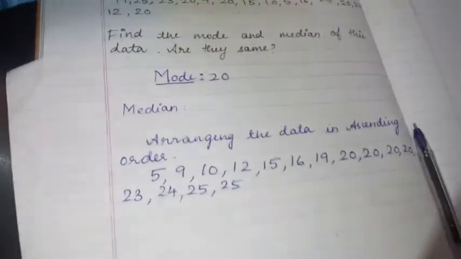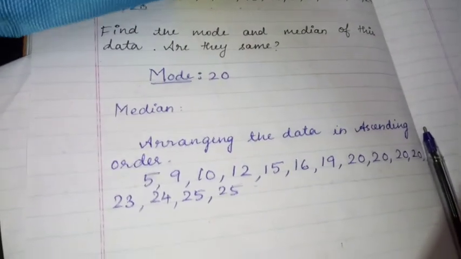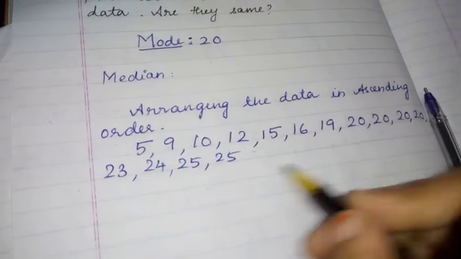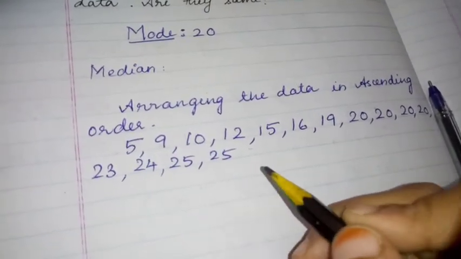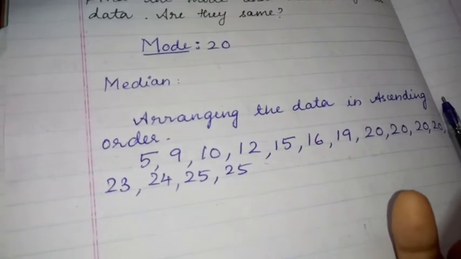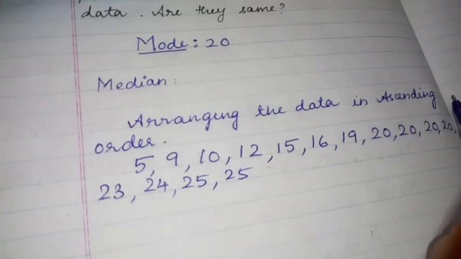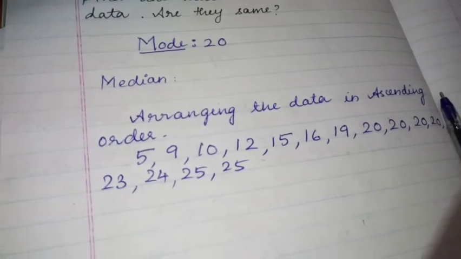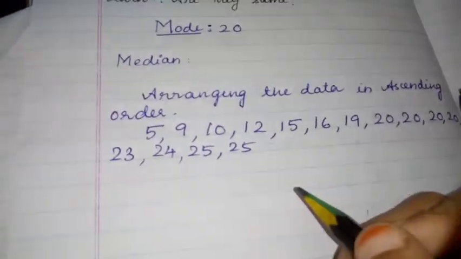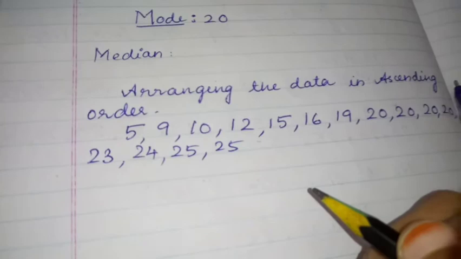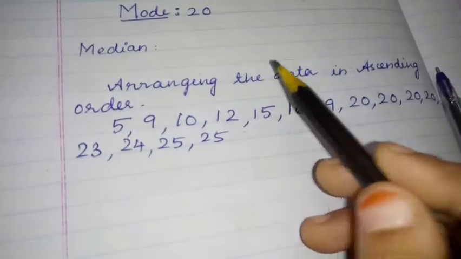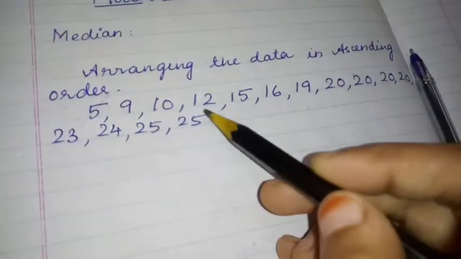Now, you take a pencil. After taking the pencil, you can find the median. How many data are here? Totally we have 15 data, 15 observations, right? So in this, if the number of observations is odd, what is your median? The middle value is your median. Do you remember this? Yes, when the number of observations is odd, the middle value is your median. The number of observations is 15, so we are going to find the middle value. How do we find the middle value?